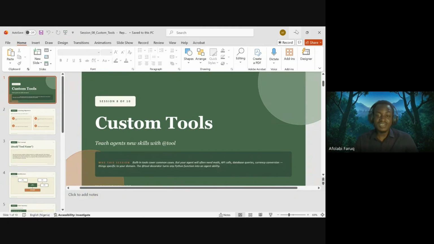In this session, we are going to be talking about, this is the eighth session, AI agents, like we've always been since the last eight series of building AI agents with CrewAI. In this session, we're going to be talking about building custom AI agents with custom tools. Okay, we are going to be building our own custom tools as our agents interact with them to carry out